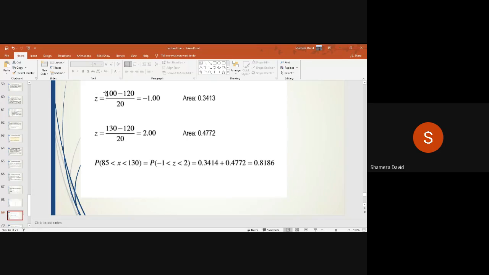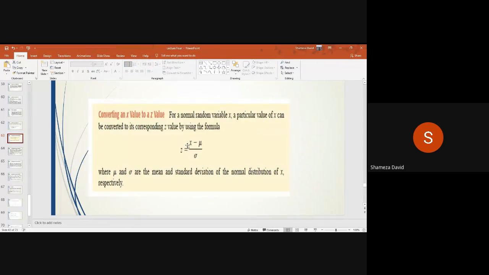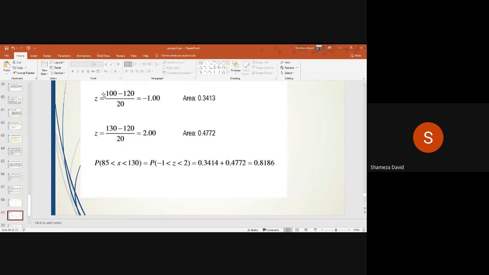So we're converting, right? Remember, we're told that this distribution has a mean of 120 and a standard deviation of 20. So mu is 120, sigma is 20. Our formula says x minus mu divided by sigma. In converting these two values, first we start with the 100, which is the x value, minus the mean value divided by the standard deviation. So this is 100 minus 120 divided by 20. Of course, 100 minus 120 will give you a negative 20, because 100 is less than 120. Divided by 20, that gives you a negative 1.00. And the 130 minus 120 divided by 20